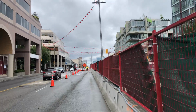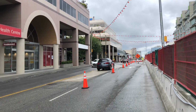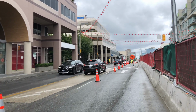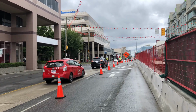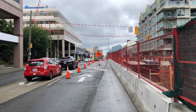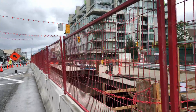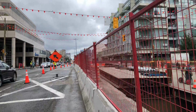And this is a Sunday. These guys have tons of traffic controllers on this station here, Arbutus Station, because they had poor planning to the point where they couldn't get it together to get the street lights working before they closed down the site for the weekend. And speaking of wasting money, I feel like